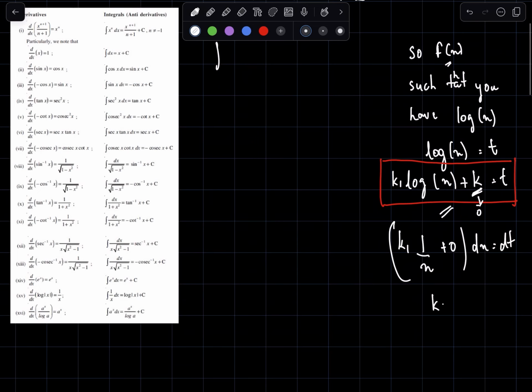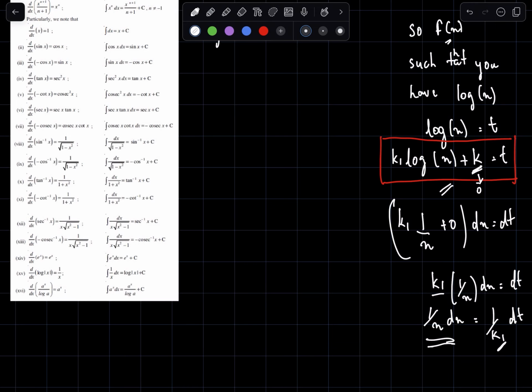So k1 times 1 over x dx is equal to dt, and therefore 1 over x dx is equal to 1 over k1 dt. Now this k1 is any constant, you don't have to worry about that, but you need 1 over x dx. Whenever you're integrating something with log x, there should be 1 over x dx. So if you can find and fulfill these two conditions,